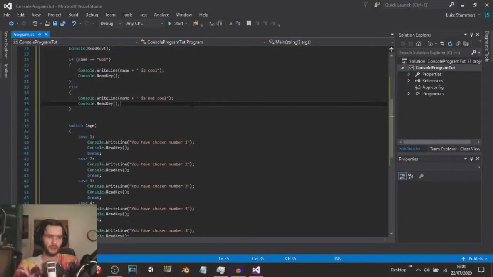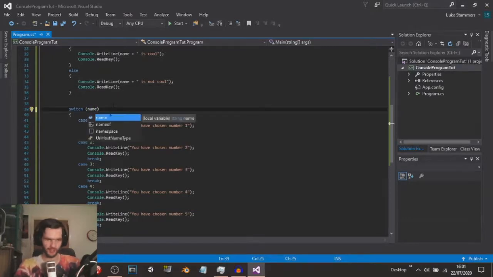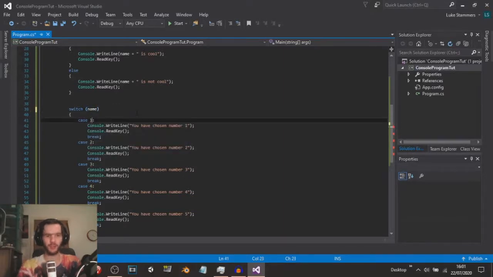And now it's time to do switches. So instead of the age switch, we're going to put in a name switch. Now, I only found this out recently, that when you're doing case for a string instead of numbers, you should put in your string. So case, let's say,